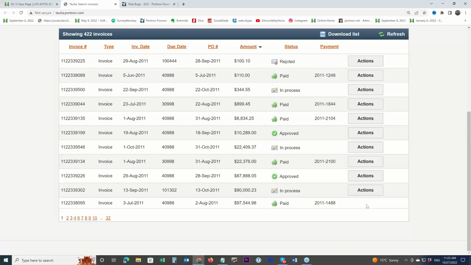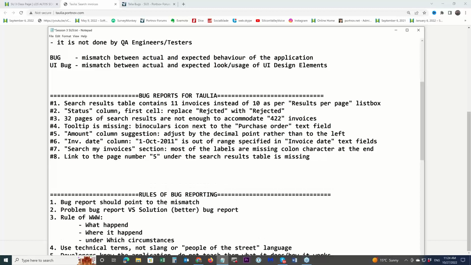So we have some philosophy here. We can say, hey, let's remove the row number 11, which we did. And then the problem with the missing actions button will be resolved naturally. But we have to keep in mind that there was a problem, and is it there? Isn't there? So some people would say, you know what? Let's report it separately. Let's write just a different bug report, a different bug, just in case, so we don't have to keep it in mind, and so it is somehow documented.